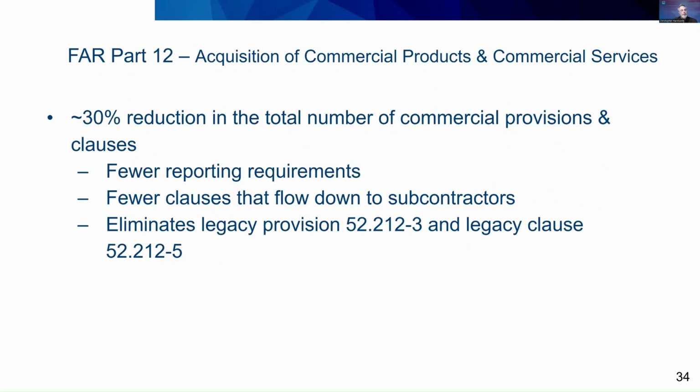Before we get into specifics of the thrilling new additions to Part 12, let's look at things that are no longer with us in the overhauled part. Aside from being generally shorter with a focus on plain language, clauses and provisions have been a noticeable target for reduction during the RFO process. A total of 46 provisions and clauses have been removed from across the FAR that once applied to commercial purchases, including the elimination of the provision at 52.212-3 and the clause at 52.212-5. This reduced the total number of clauses that apply to commercial acquisitions from 156 to 108. This ultimately means fewer requirements to flow down to subcontractors and fewer reporting requirements when performing work on federal commercial contracts.